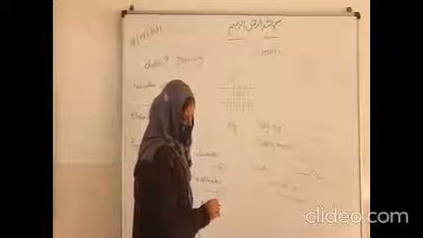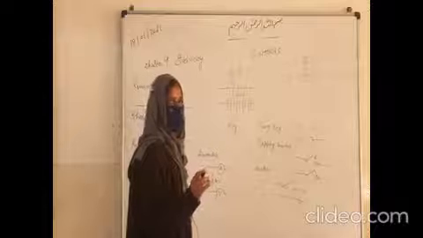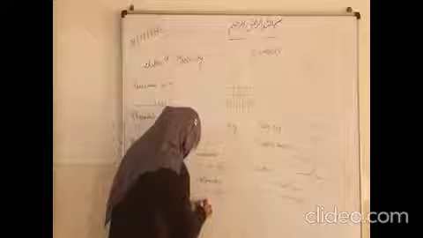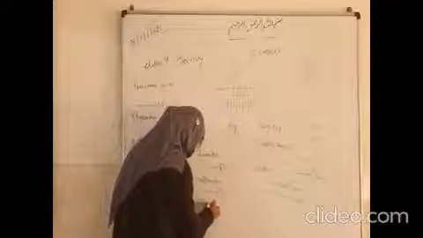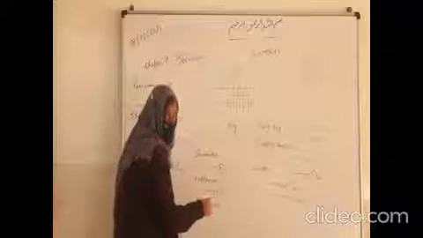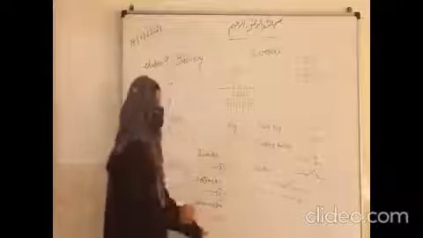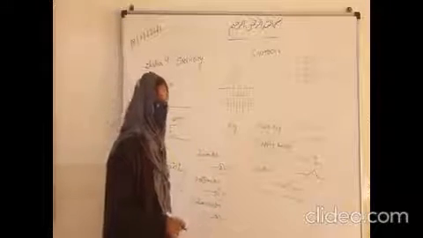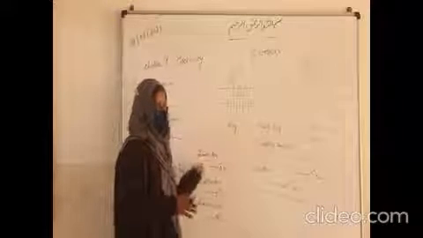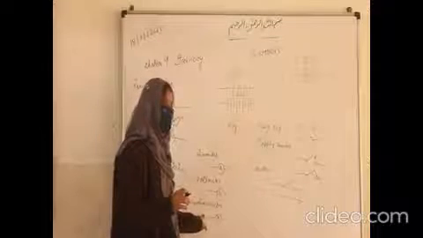Then we have the galvanometer. A galvanometer just detects the presence of current. It does not measure the magnitude of the current. This is the symbol of the galvanometer. It only detects the presence of current and will not measure the magnitude. Magnitude is measured by the ammeter only. Only an ammeter will tell you that it is a 2 ampere current or 1.5 ampere current.